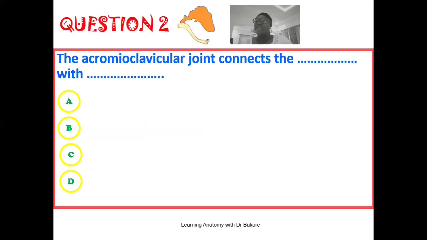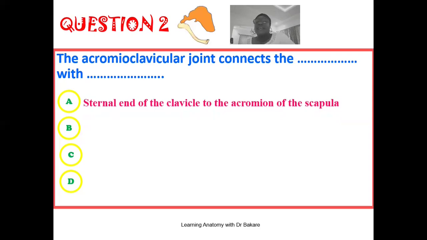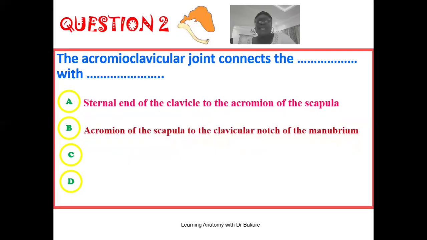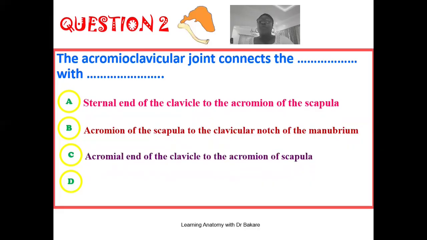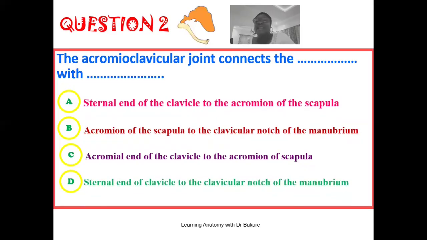Now, the second question, and this reads that the acromioclavicular joint connects the dash with the dash. Is it seen to connect the sternal end of the clavicle to the acromion of the scapula? Or is it seen to connect the acromion of the scapula to the clavicular notch of the manubrium? Or is it seen to connect the acromial end of the clavicle to the acromion of the scapula? Or finally, is it seen to connect the sternal end of the clavicle to the clavicular notch of the manubrium? Out of all the listed options, the correct answer here is the acromial end of the clavicle to the acromion